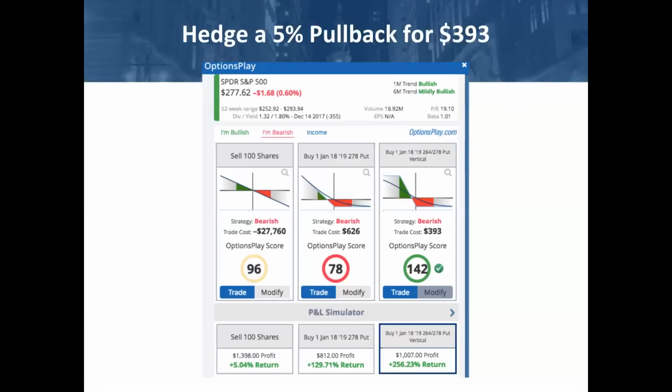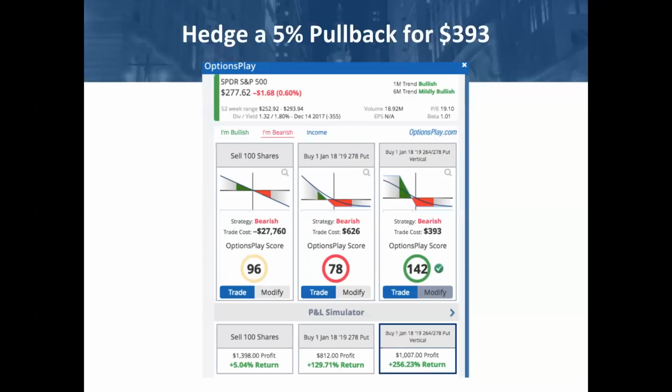Now, I did a webinar on Tuesday for advisors, and I suggested this hedge. You can see the S&P 500, the spider was at 2776, just pulling back from 2800. And I said, if you want to hedge a 5% pullback, you can do that for $393, or if you want to protect a $277,000 IRA, $3,930,